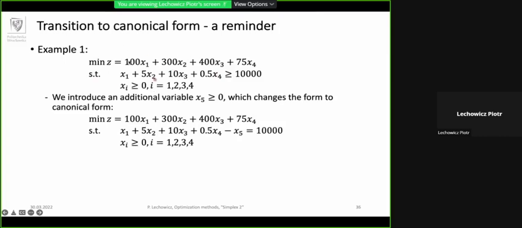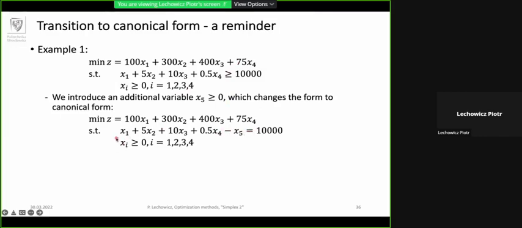So in the first example, the problem is the fact that we have inequality constraints. So we are introducing an additional variable x5, which is greater or equal than 0. And by subtracting this variable from this equation, we can replace the inequality constraint by the equality constraint,